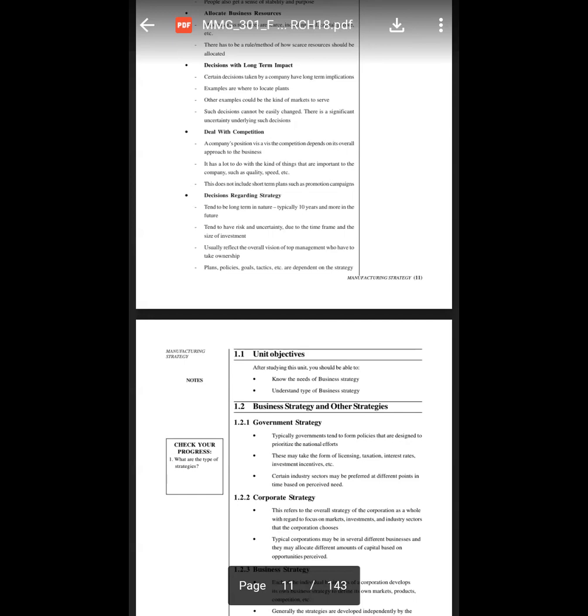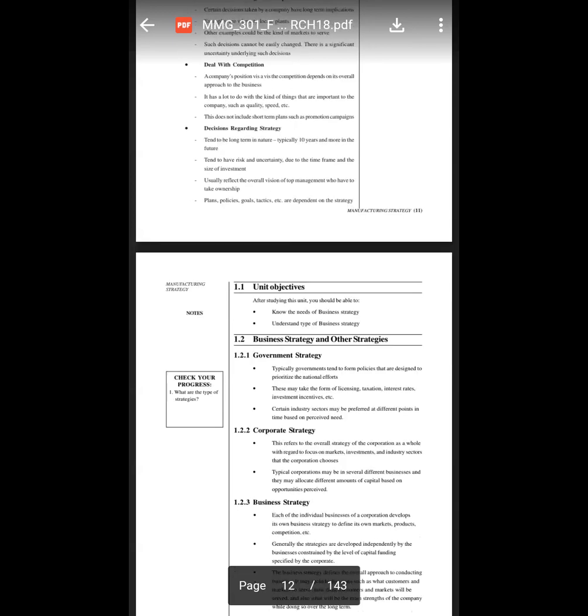sellable. Now we are going to discuss decisions regarding strategy, which tend to be long term in nature, typically 10 years or more in the future. Now see, if there is a huge business setup, the businessman thinks that if we are setting up a huge plant in a particular area, they will see that the area should be comfortable, first of all, for the production. That area should be very helpful for transportation, right? So they will always look at all this stuff,